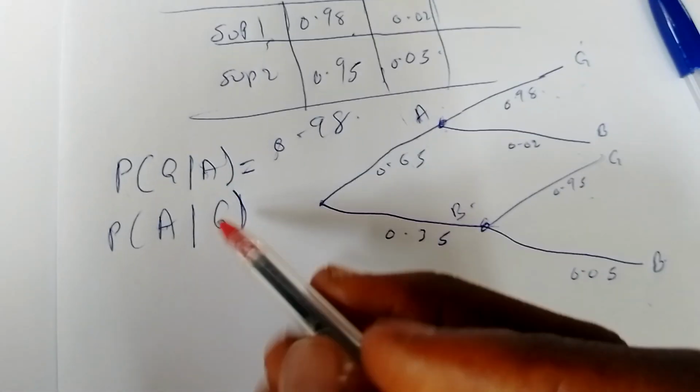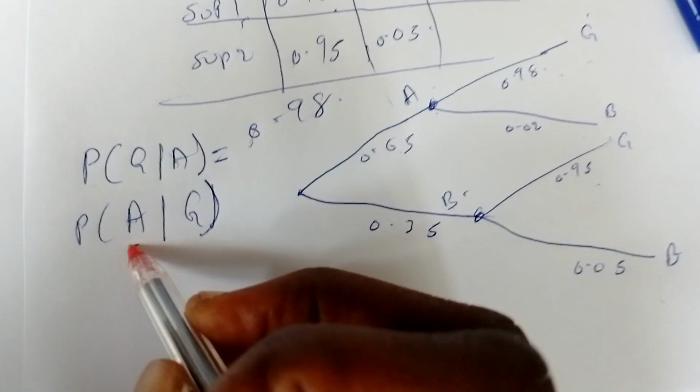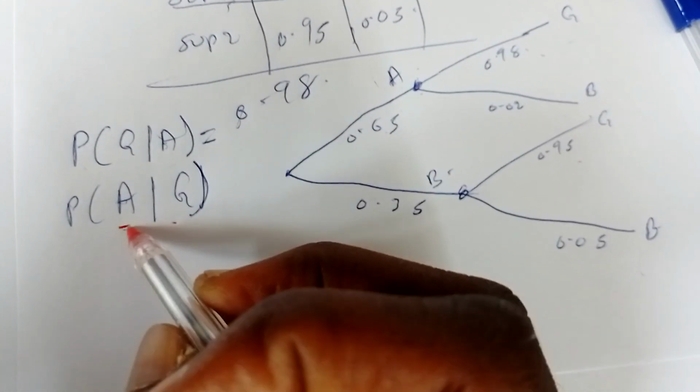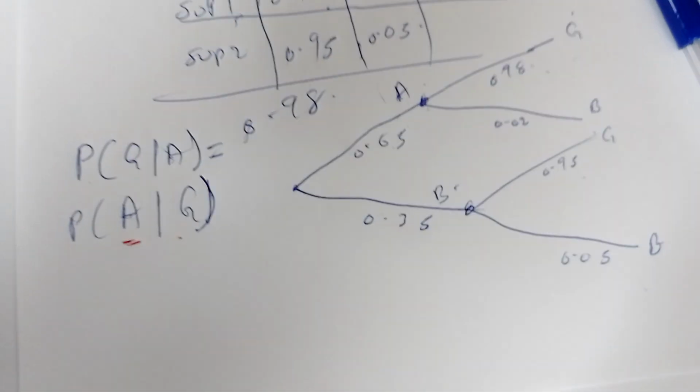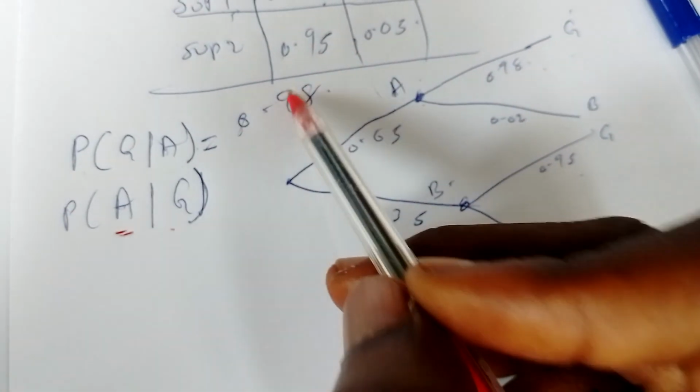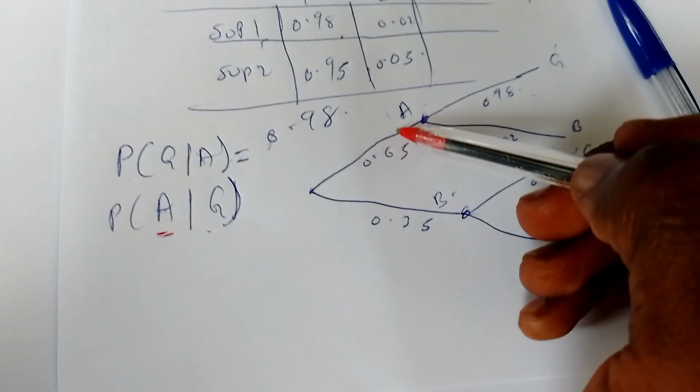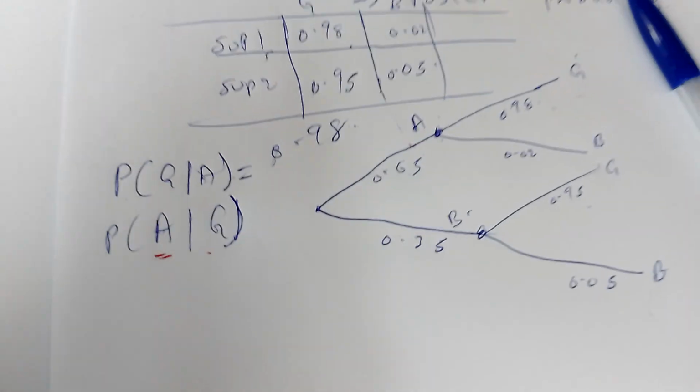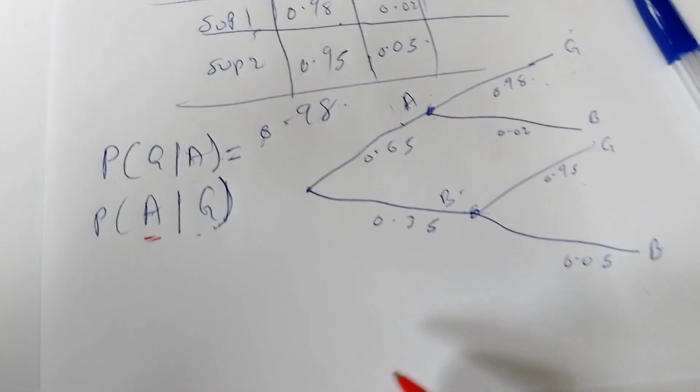Now if you know that it's good, but you want to find the probability that it's from supplier A, this is where you can start working something. Like I demonstrated in the first one, when you work this one, the probability of A will just cancel out from the top and bottom, and you still get the same thing. So now let's solve this.